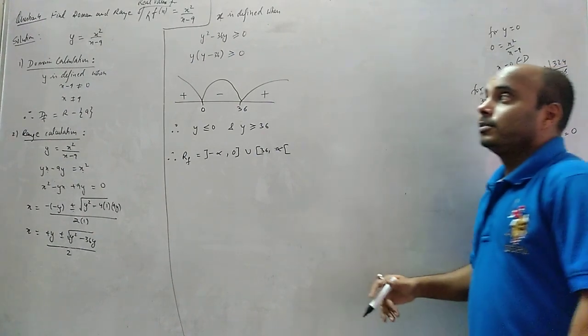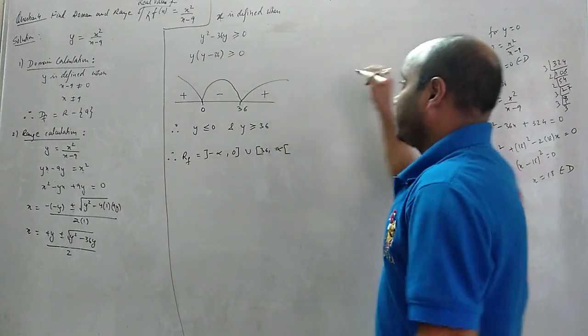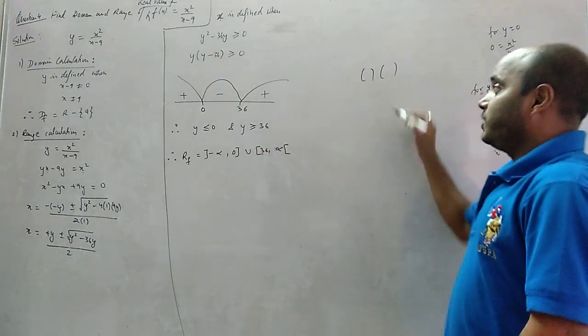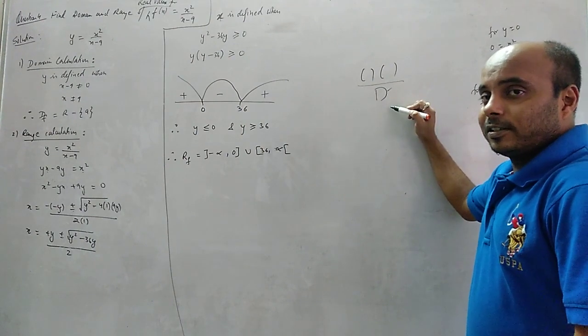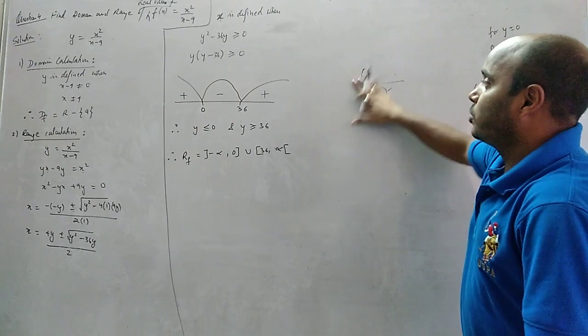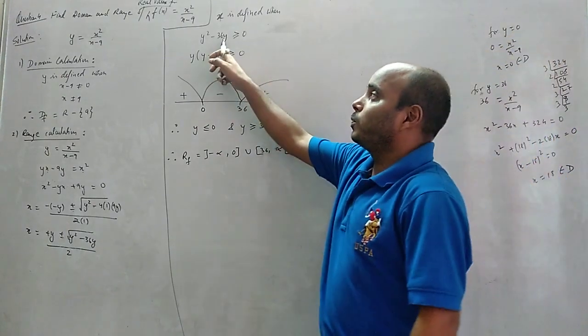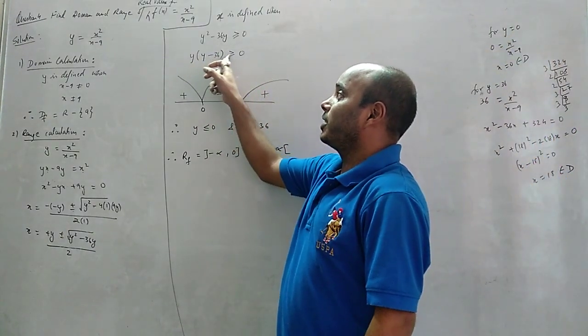We have already studied. ओके इसको कुछ को समथिंग इनटू समथिंग बनाना पड़ेगा. If it is a denominator then we have to make denominator whole square, right? But if there is no denominator, so what we will do, we will make something into something. So we are taking out y common, y minus 36 greater than equals to 0.